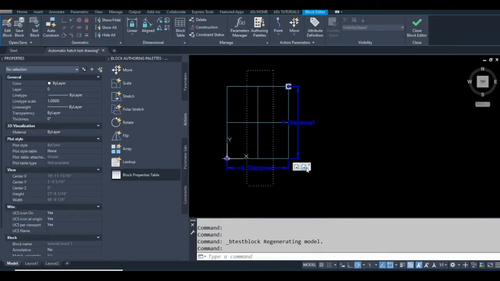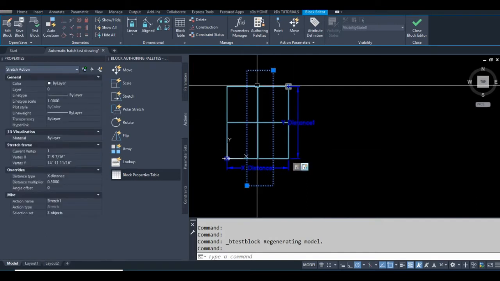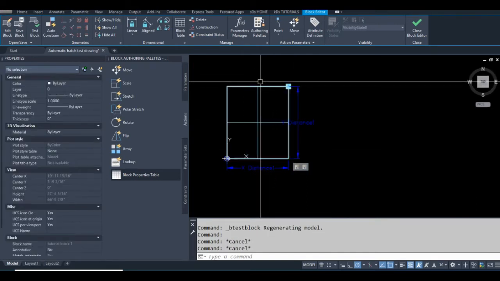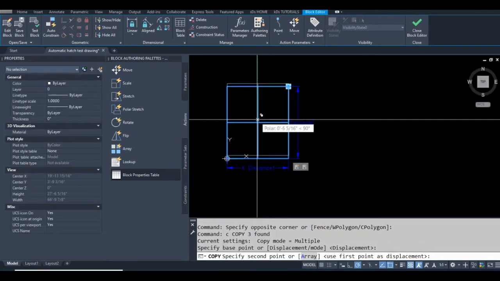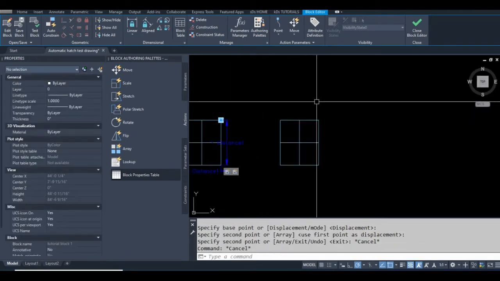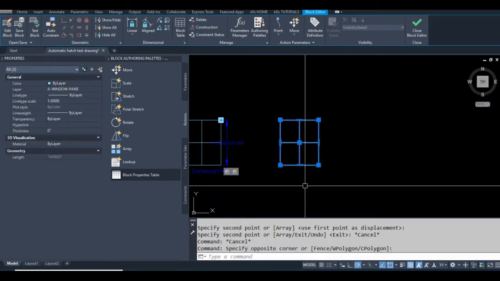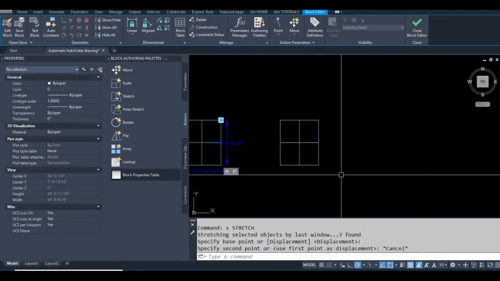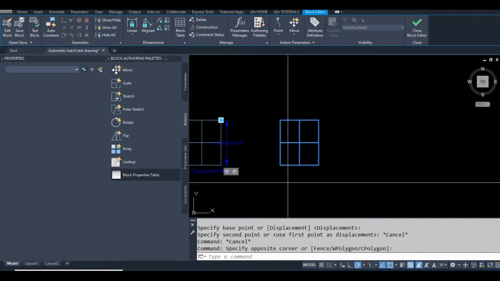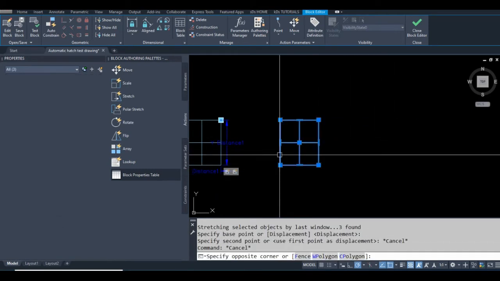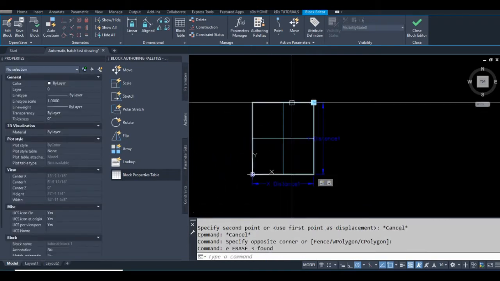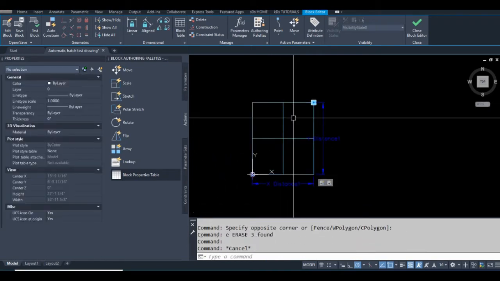So what I did there is when I made this selection set, I selected everything. So it's similar to having a stretch action, pull everything at the same time. Actually, that's not quite a good example. Something like that. The difference is that stretch action is actually moving my rectangle too. So to fix that,